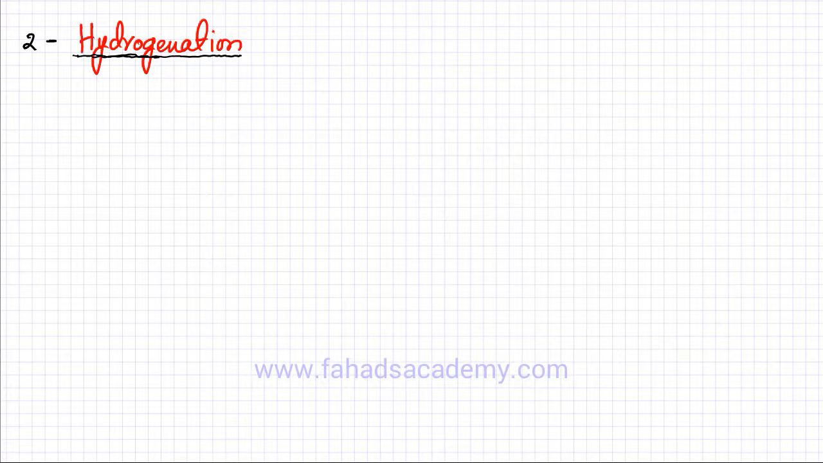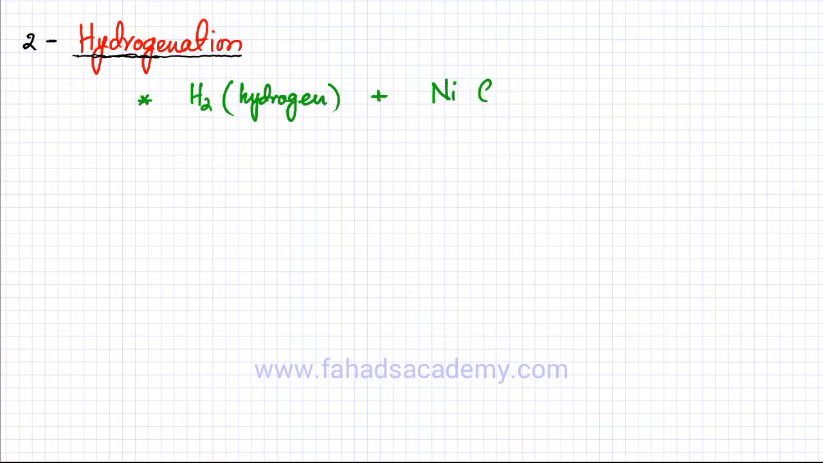The second type of reaction that we're going to study is called a hydrogenation reaction. It's also a form of an addition reaction of alkenes, and the conditions required for this particular reaction are: you need hydrogen, you need H2 molecules. So you need hydrogen, and a nickel catalyst is required. So nickel as a catalyst